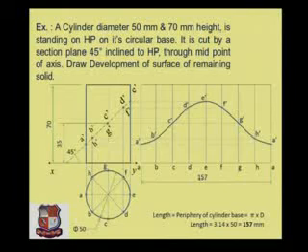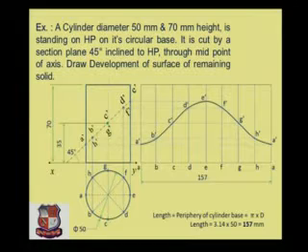Having any curvature shape, say in case of cone and cylinder, we have to join all these points with a smooth curve always. But in case of prism and pyramid, we should think about whether it should be a straight line or a curve. If the cut section is a straight line, then the development should be joined with a straight line. But if the cut section is curved, then those points should be joined with a curve.